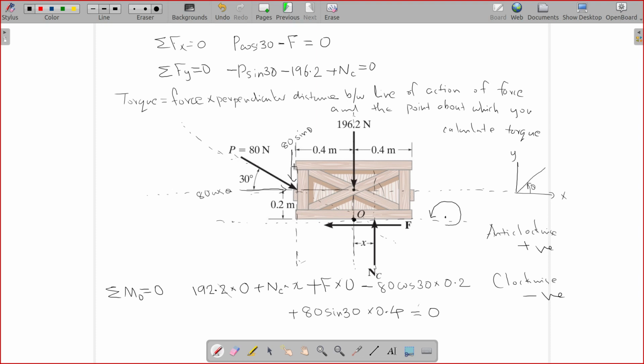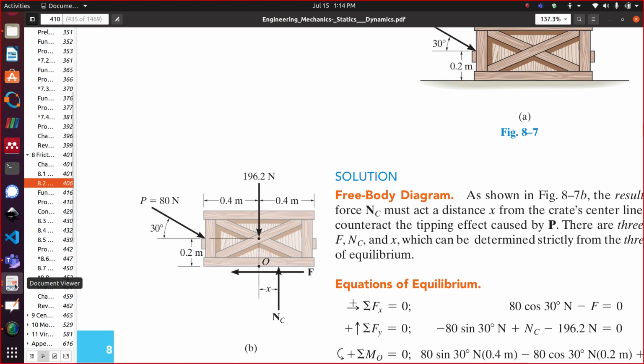So this is how you can solve for all these unknowns. If you get unknown values which make sense, this can be in equilibrium. If you get unknown values which do not make any sense, this cannot be in equilibrium. What do I mean by make sense? In this particular case,